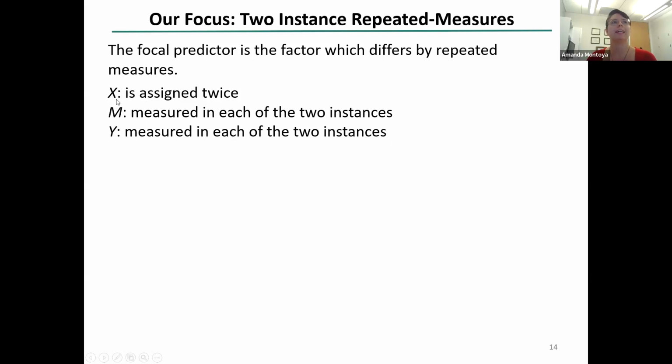Even though I'm saying that X is assigned, remember the company example where you're measuring people at the 1st and 2nd year. That is technically also a way to assign age of the company. You're assigning when you measure them. So even though I'm not randomly assigning, we are thinking about this as being assigned because every case has the same levels of X.